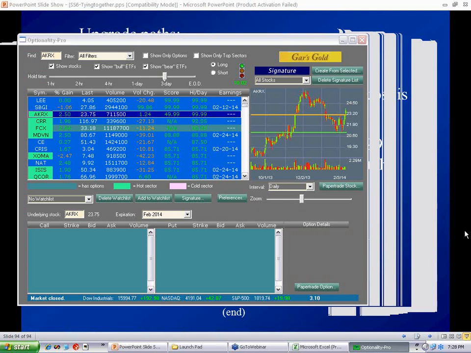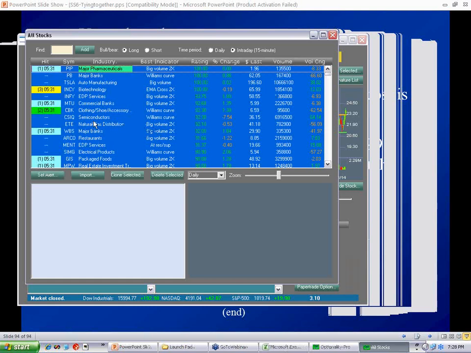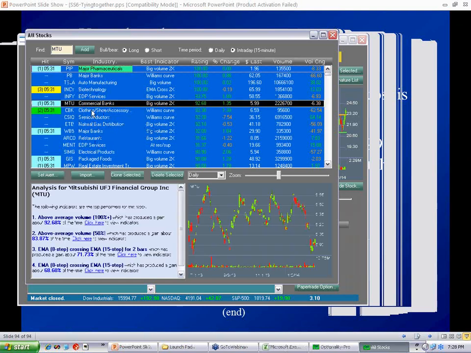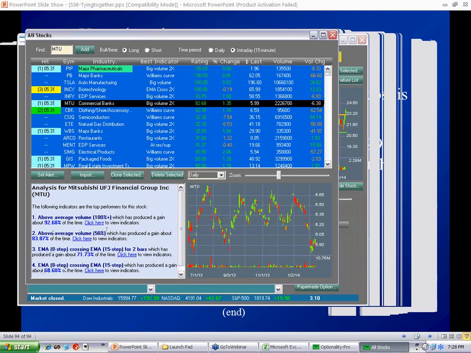Mbe is asking, explain the hit section 1, 2, and 3 again. I think I already did twice, but once again, I'll do it one more time. Every stock is measured for its 4 best indicators. Number 1 is its best performing indicator. Number 2 is its second best. Number 3 is its third best. Number 4 is its fourth best. When the hit column is lit up, that means that indicator is true right now. Which one of these 4